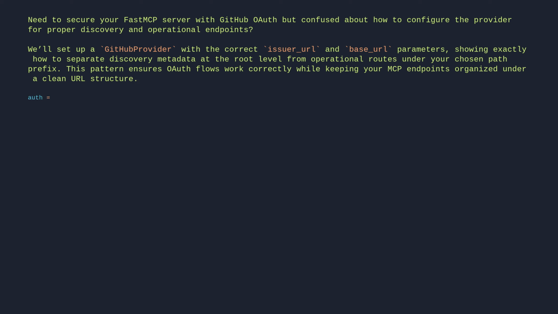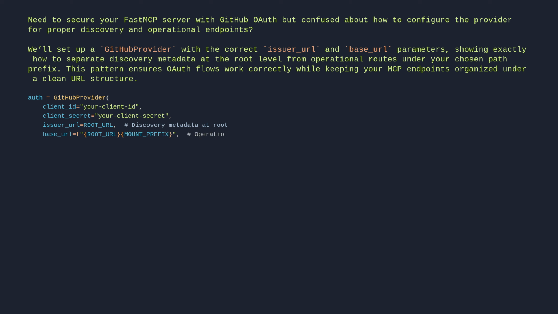auth = GitHubProvider(client_id="your client ID", client_secret="your client secret", issuer_url=root_url, # discovery metadata at root, base_url=f"{root_url}/{mount_prefix}", # operational endpoints under prefix